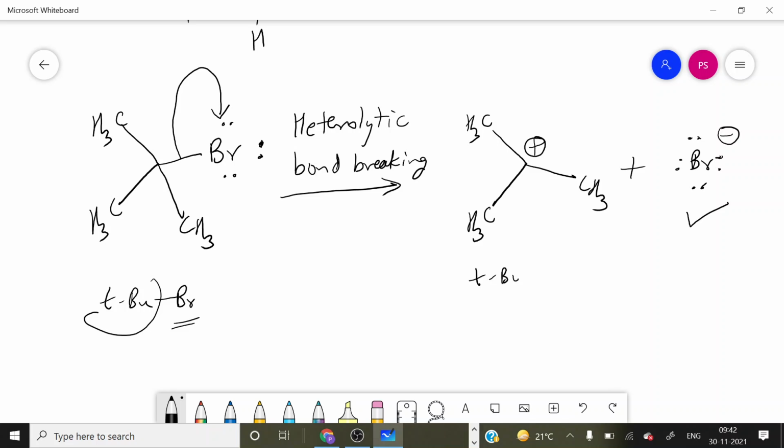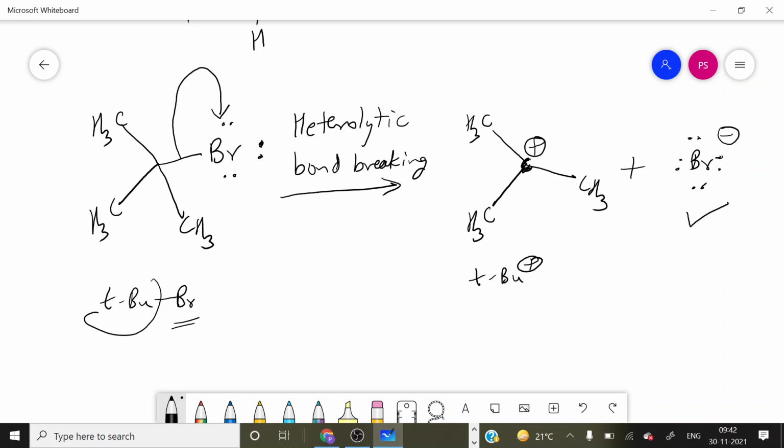It is tertiary butyl cation. Okay, carbocation. What is a carbocation? In any chemical species, if the formal positive charge is on a carbon atom, then it is a carbocation. Now you can see in this carbocation the fourth valency of carbon is unsatisfied. The carbon of a carbocation is trivalent. This is the carbon having 3 bonds only and not 4 bonds.